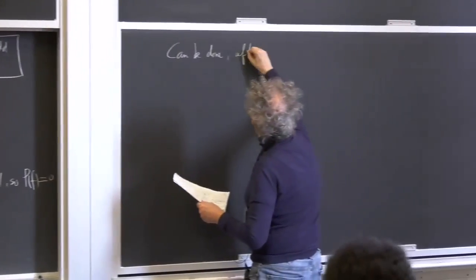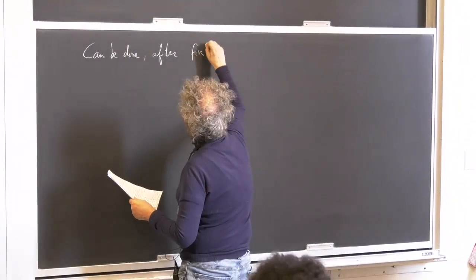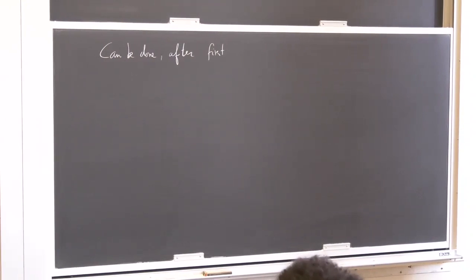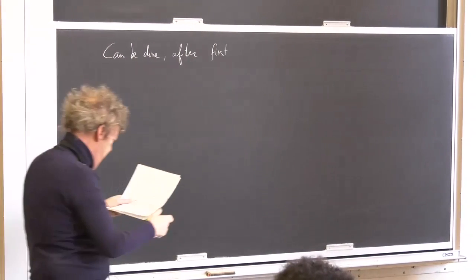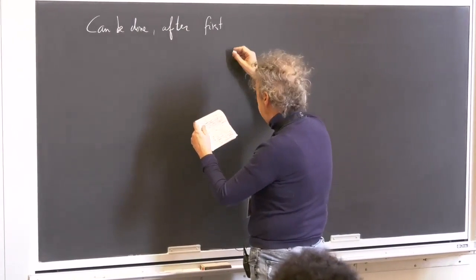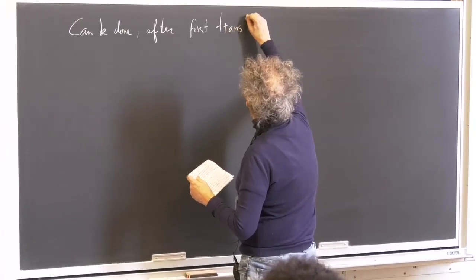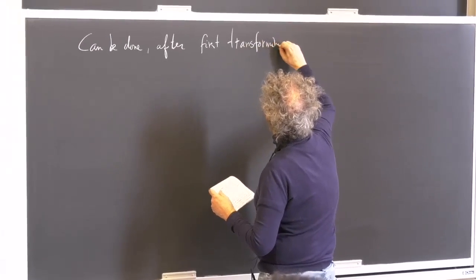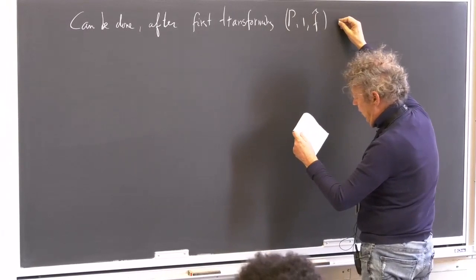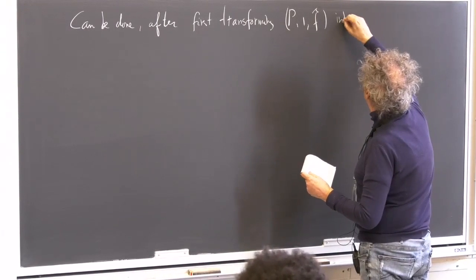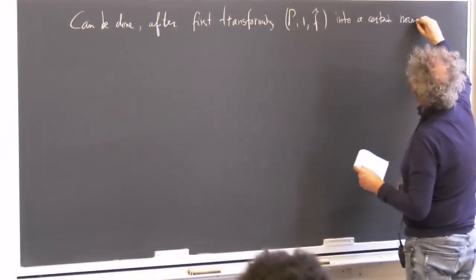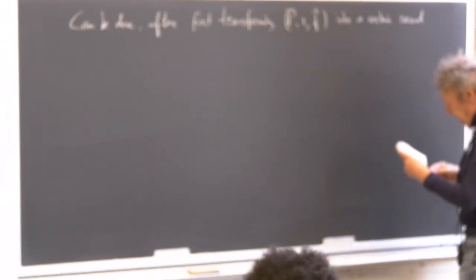After first, yeah, this doesn't really work in the situation that we have arrived at without further normalization involved. So after first transforming, again, this is just a sketch, P1F hat into a certain normal form, which we call split normal,